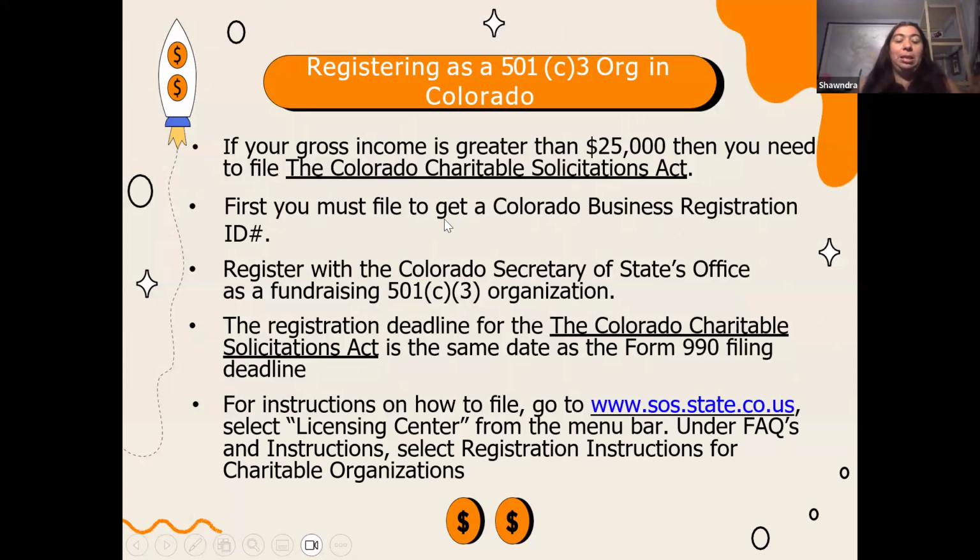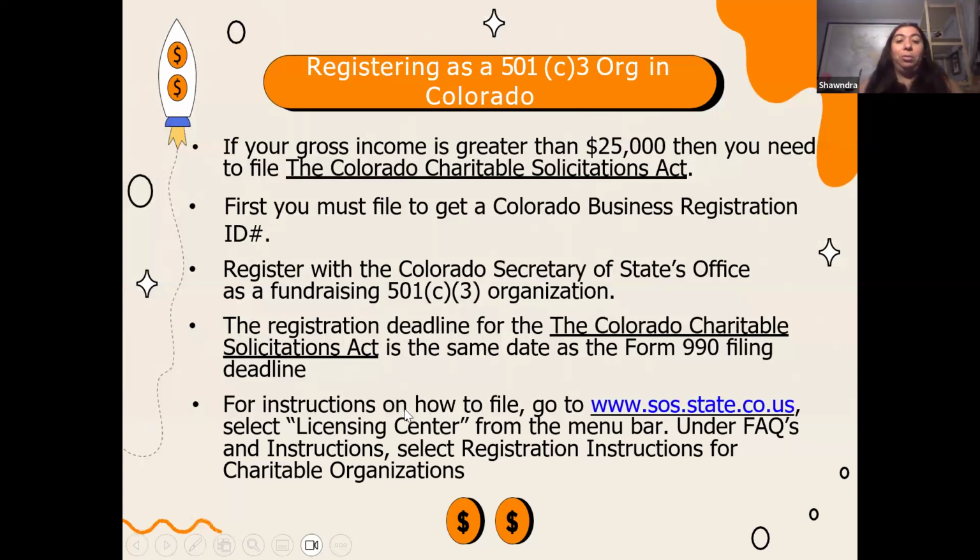First, you'll need to get a Colorado Business Registration ID from the Secretary of State website, and you register with the Colorado Secretary of State as a fundraising 501c3 organization. The registration deadline for the Colorado Charitable Solicitations Act is the same day as the Form 990 filing deadline. So we're coming up on all of those deadlines, to get your taxes filed, as well as your Charitable Solicitations Act